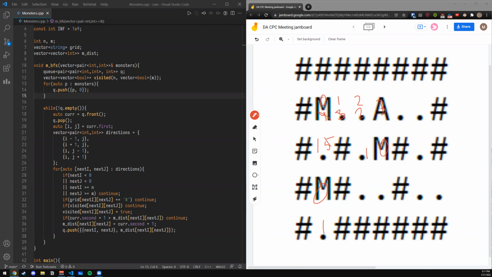You can think of monster equals 1 queue push into BFS. Yeah, if you add all the monsters into the queue, then it's the same thing as doing multiple BFS, but you just stop early. You definitely can't do a full BFS for each monster and then get the minimum for each index as the monster distance. You can't do that, but